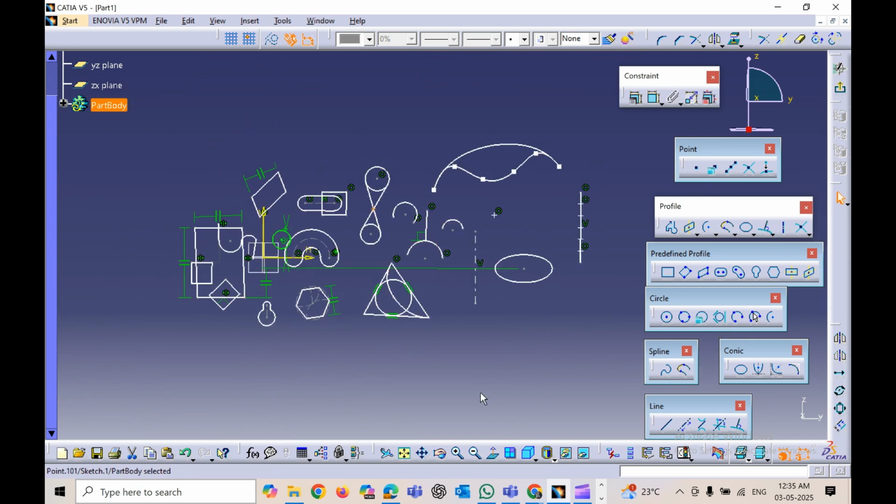I believe this would be helpful for you guys, and these are the commands given by Dassault Systemes, so that, in order to avoid creating everything one by one, we have some predefined shapes which we can directly take and use. That is the main purpose of